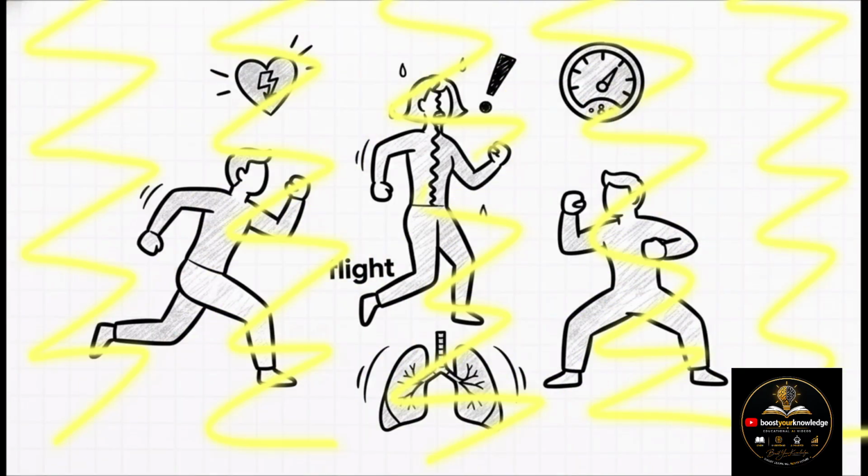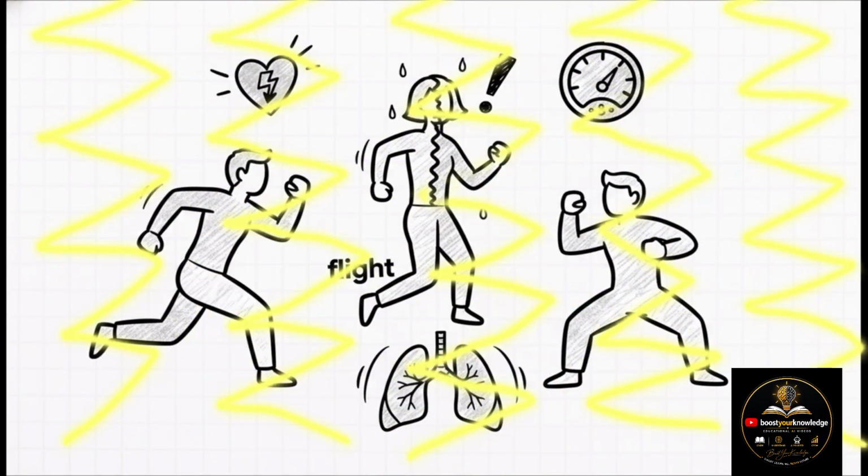Let's actually zoom in on adrenaline for a second. It's famously known as the fight or flight hormone. It gets dumped into your system during moments of intense fear, stress, or even extreme excitement. When this chemical hits, your physical symptoms change drastically and almost immediately. Your heart rate increases to pump more blood, your blood pressure spikes, and your breathing gets much faster to pull in more oxygen. It is quite literally preparing your body to either fight off a threat or run away as